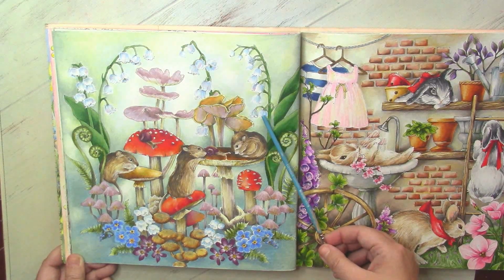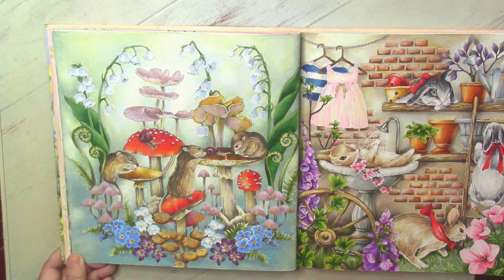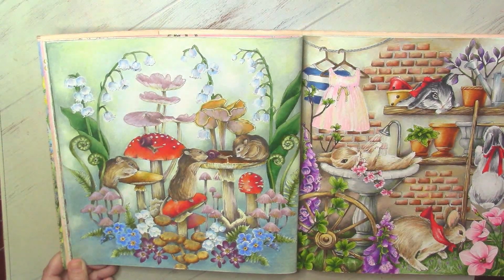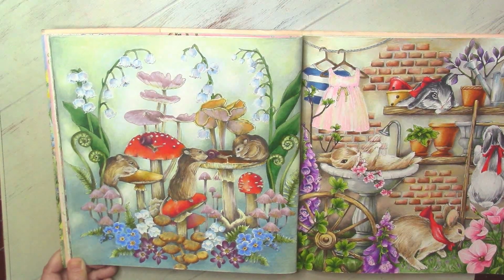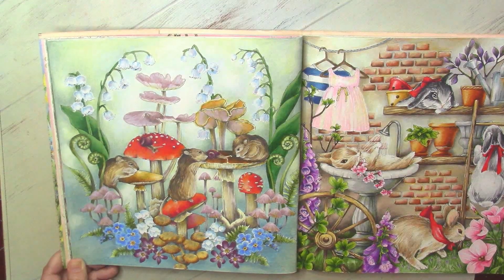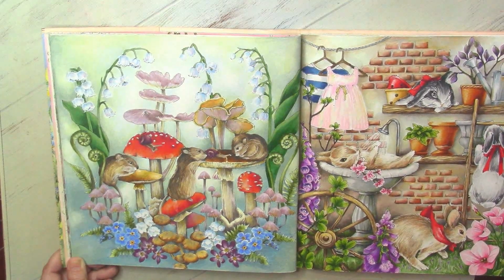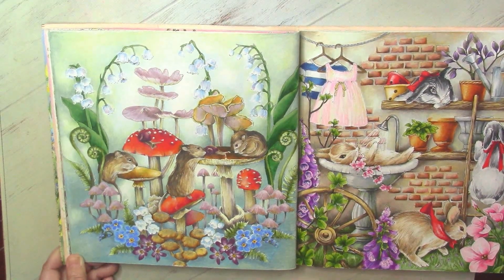Morning glories, sorry guys, I forgot how to color these flowers, but again it's quite challenging when you color white flowers, but you still need to do some shading to show their volume. Lily of the Valley, yeah. So here I tried to do shading with lavender, with blue, and then I outlined them with white Posca. Well, a lot of things to discover